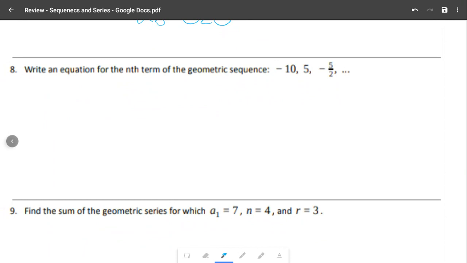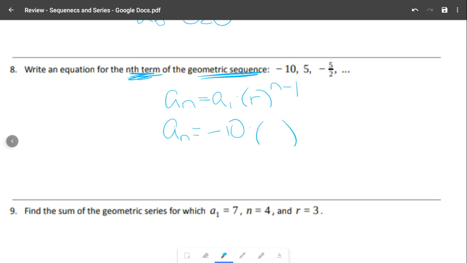Question 8. Write an equation for the nth term of the geometric sequence. Again, like the last one, they are not asking us for a sum or a series. So you're going to use the same formula, the explicit formula. And like the question we did before for the arithmetic, you're just writing the equation for the nth term. So that means n's are staying. So An equals, A1 is -10,